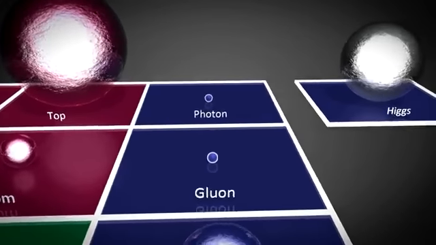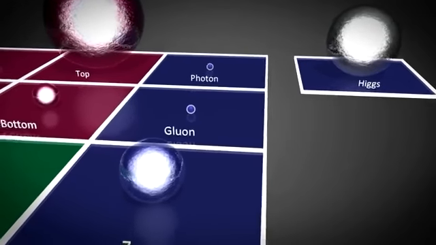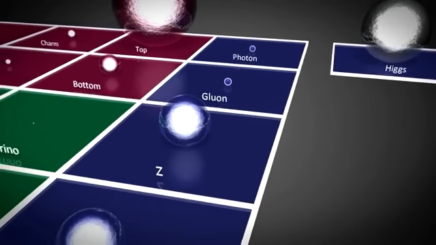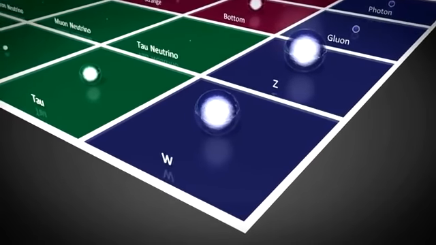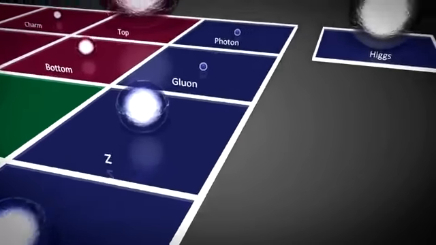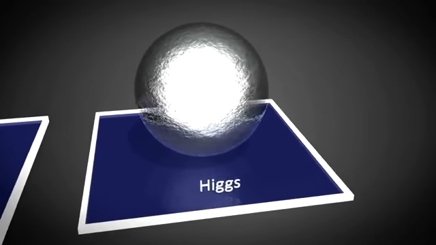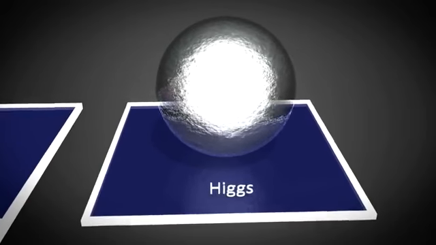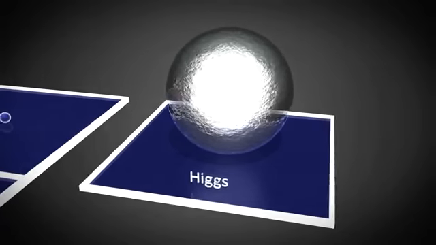The gauge bosons consist of the carrier particles for three of the fundamental forces of nature. These include the photon, the gluon, and the W and Z bosons. Finally, we come to the yet undiscovered Higgs boson. According to the standard model, all the elementary particles should be massless. The current best theory to explain how these particles attain their mass is called the Higgs mechanism.